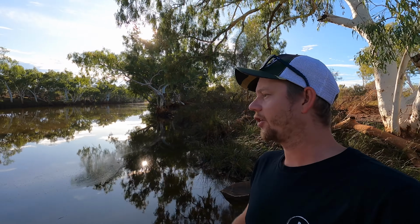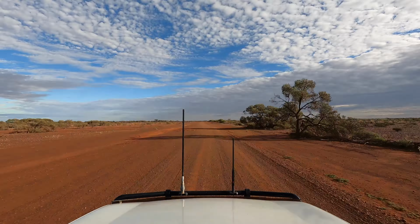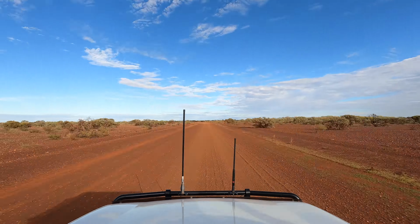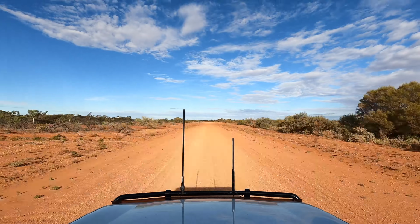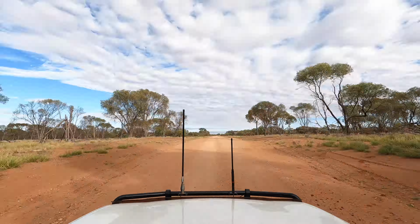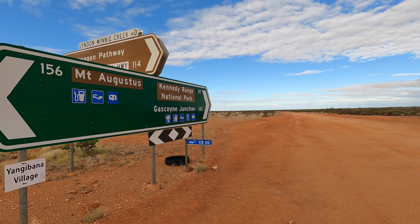Hitting the road, heading towards Kennedy Ranges, and I'm not too sure what to see. There's not a lot on Wiki Camps heading from here to Kennedy Ranges. Even on Kennedy Ranges, there's not really that much, but I guess we'll see what we can see. Let's get into it. So I've still got 100 k's to the Kennedy Range National Park, 97, but we're at a bit of a